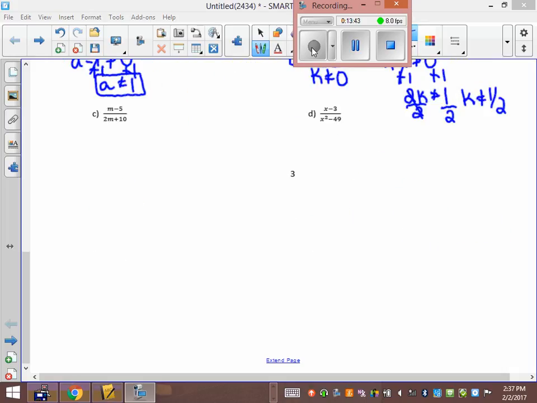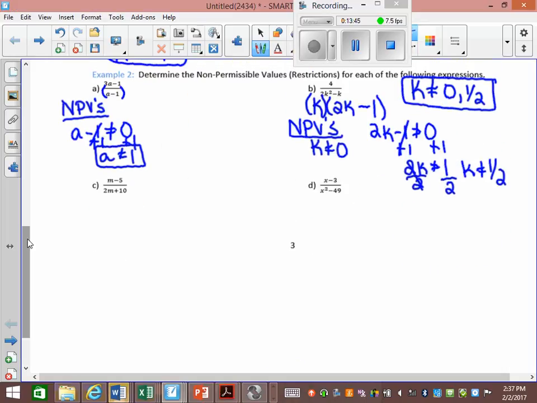So I'm going to go to my denominator. If I forget to take the 2 out, this one will actually work. If you forget to take the GCF of 2 out anyways, just because the 10 doesn't contain another variable. But I'm going to take the 2 out anyways. So I'm going to get 2 and then m plus 5. So the m plus 5 is attached by plus signs, so they're in its own brackets, and the 2 is in its own brackets. So if I want to do the NPVs, I'm going to say 2 can't equal 0